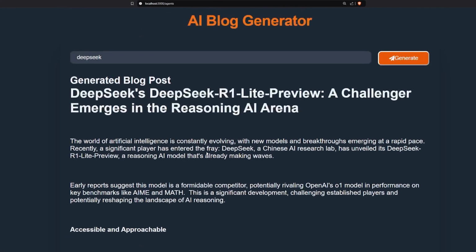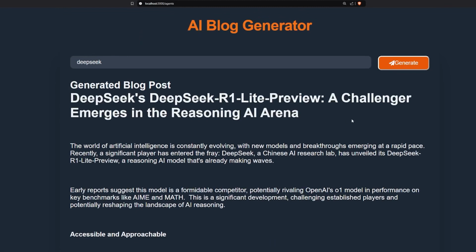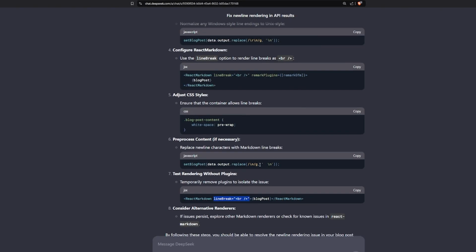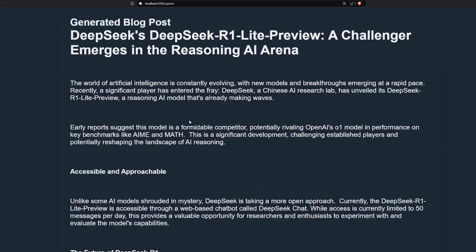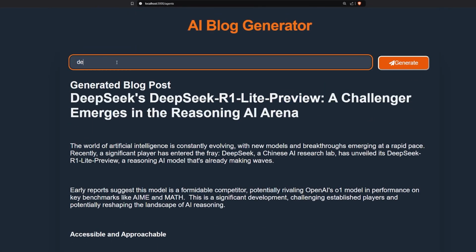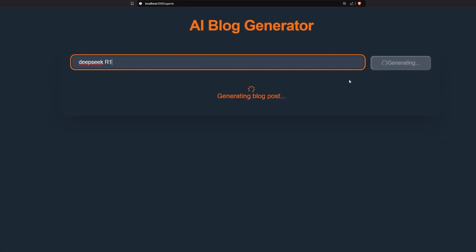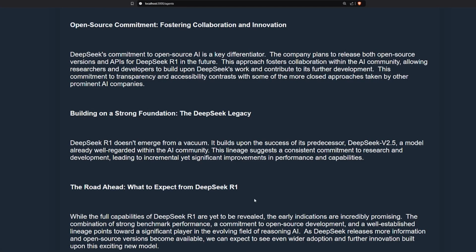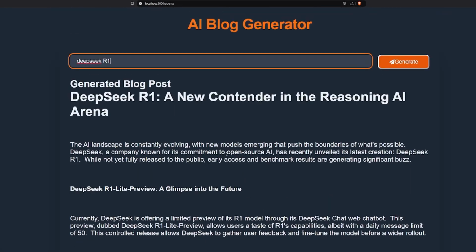And this is basically the final UI that I have created using Cline. You can use anything like DeepSeek, for example. The R1 Lite will help you to create the UI that you have. And this is basically how it will work. You can set here, let's say, search for DeepSeek R1 model, and you can hit enter or press the generate button. It will show you a loading status of the current API, basically syncing and working. And voila, it will give you this nicely formatted blog post that you can take and copy, put it inside